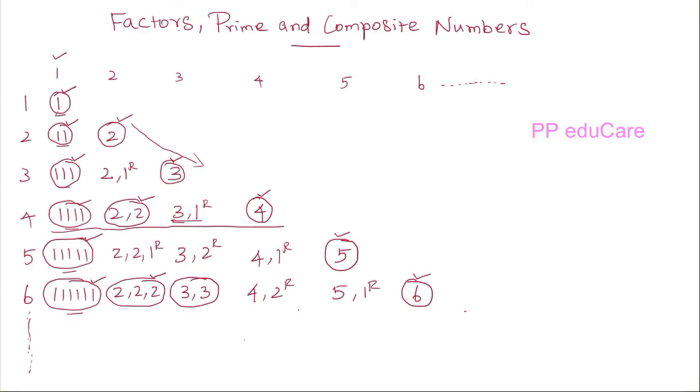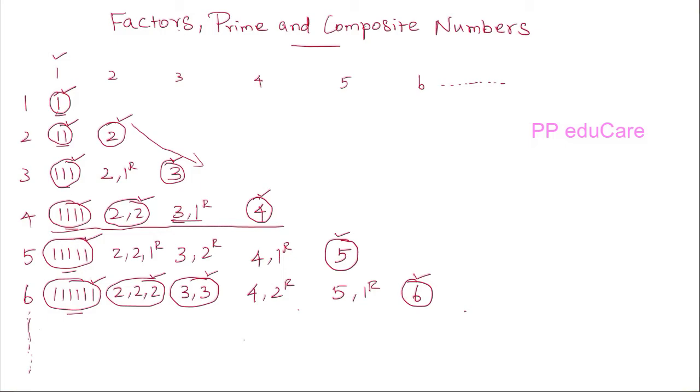Now look at this group, which means that 2 divides 6 exactly 3 times. That is, 2 divides 6 equally into 3 2s without leaving any remainder. Therefore, 2 is a factor of 6. Now look at this group, which means that 3 divides 6 exactly 2 times. That is, 3 divides 6 equally into 2 3s without leaving any remainder. Therefore, 3 will be a factor of 6. Therefore, the number in every encircled group in each row will be a factor of the corresponding number in the leftmost column. And the numbers in the remaining groups will leave a remainder. Therefore, it will not be a factor.